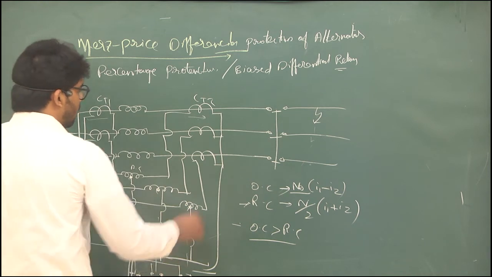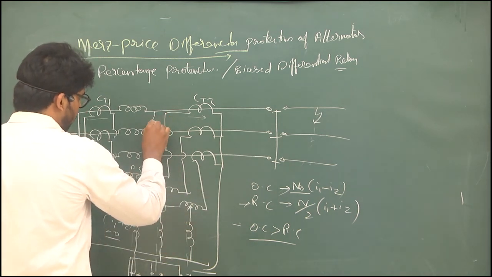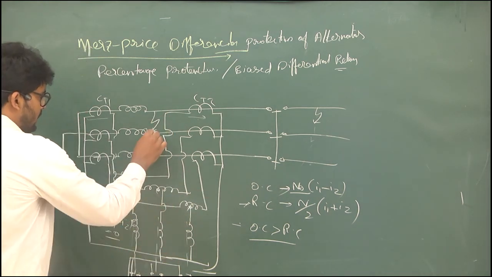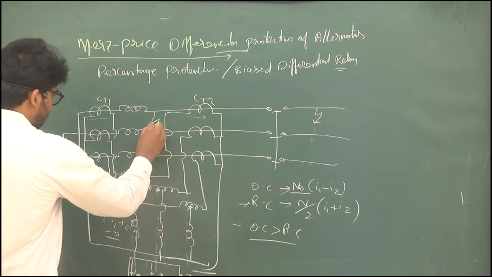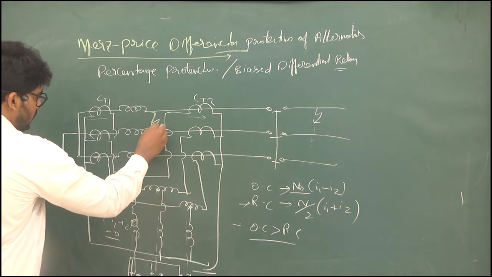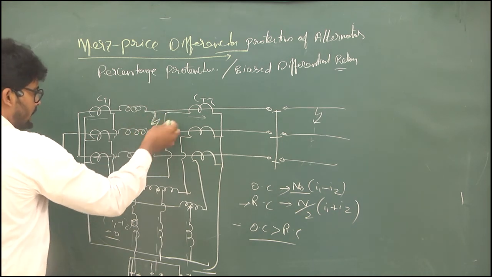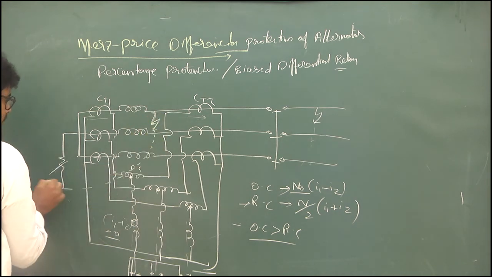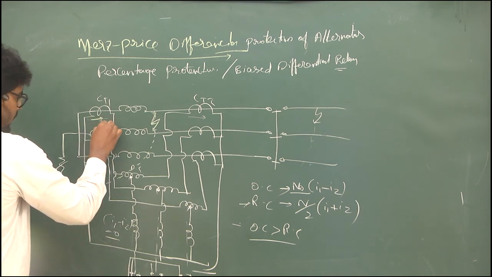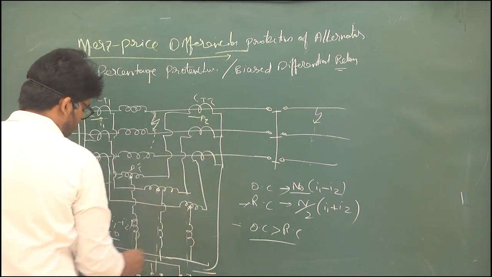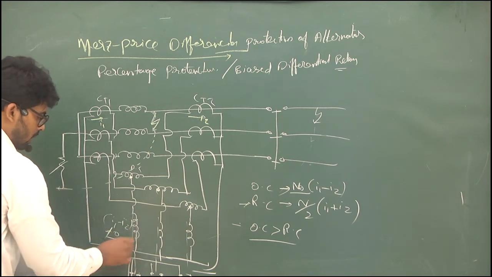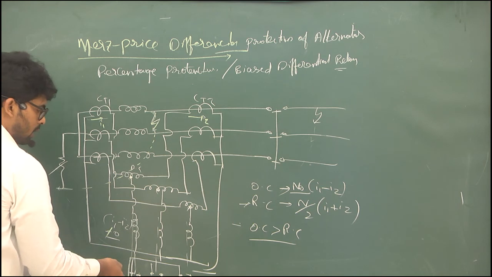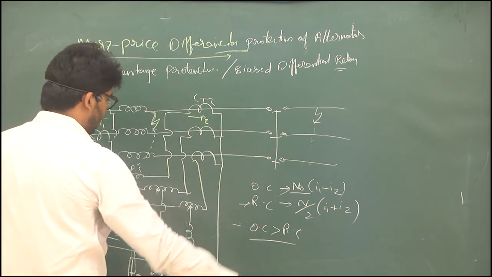Similarly, if a fault occurs inside the protected zone, then the actual thing happens. This is a phase to ground fault occurring in the fault section. Then there is a difference between currents I1 and I2, so this current will not equal 0. Then this coil will get operated. This gives tripping to the switches, and the relay will get operated.